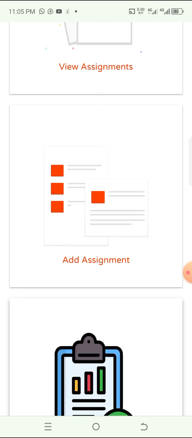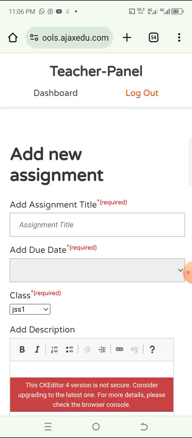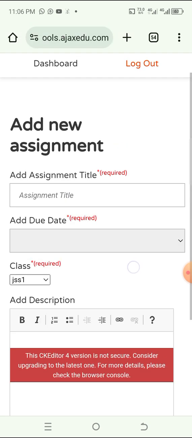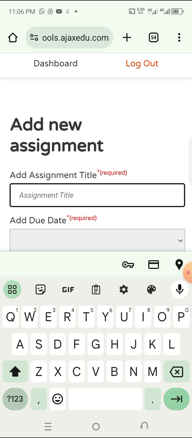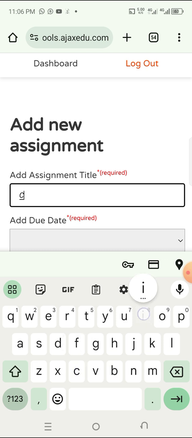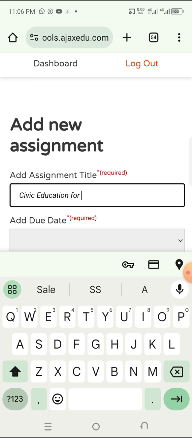You want to give an assignment to students, click add assignment. When you click add assignment, just click this. Let's say civic education for JSS2.